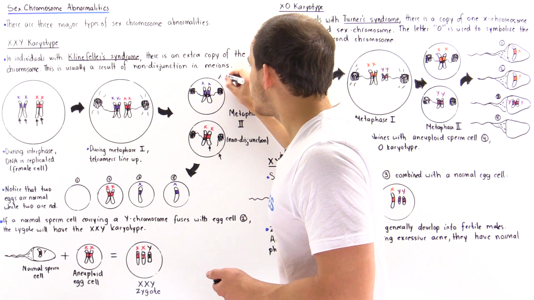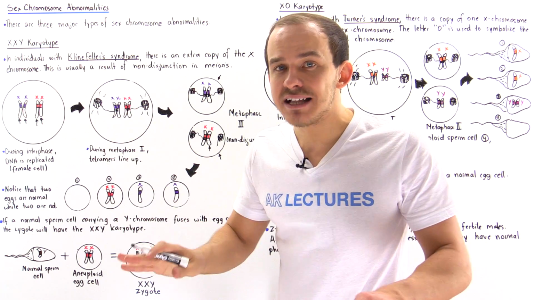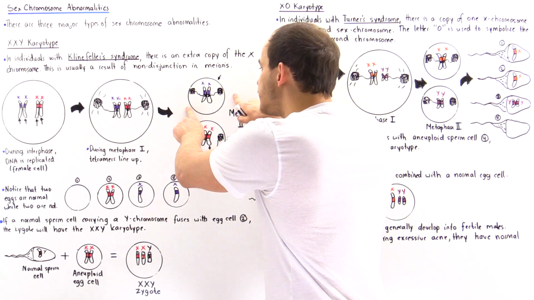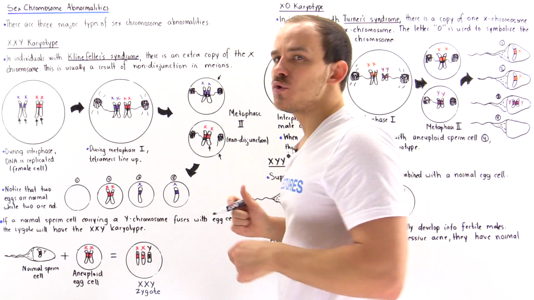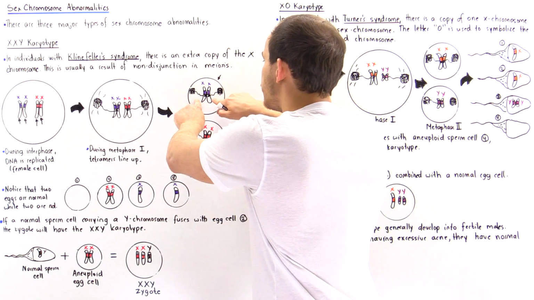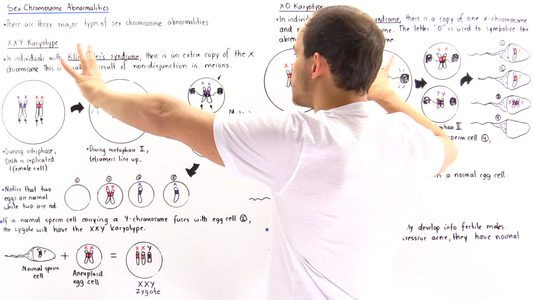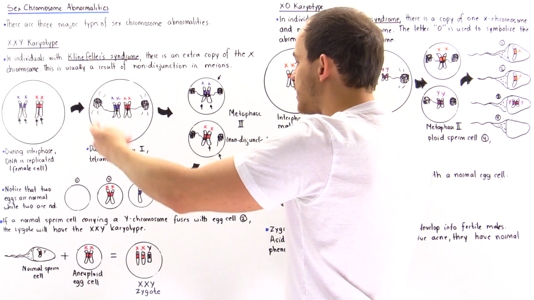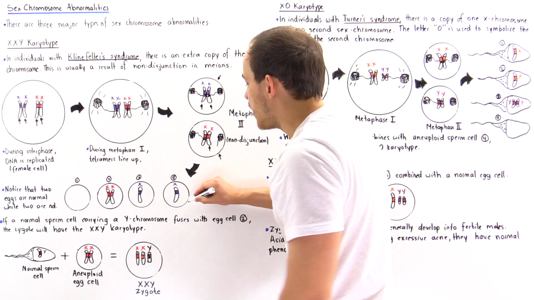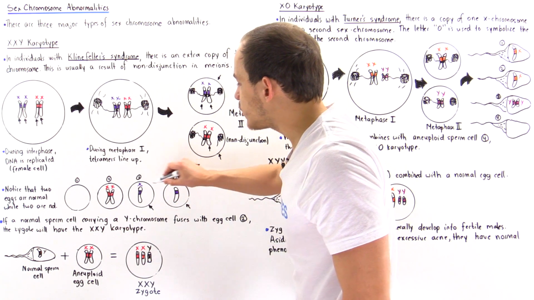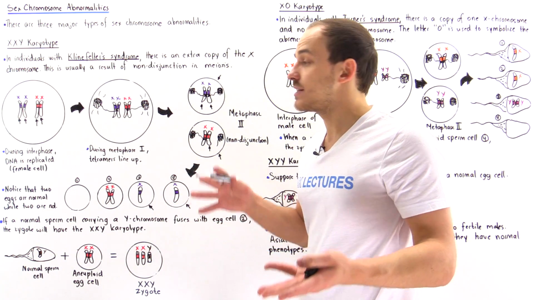Now let's suppose that non-disjunction does not take place within this particular cell. So this cell correctly undergoes meiosis 2, and when these two identical sister chromatids segregate to opposite poles and the two cells form, these will be the identical cells that will contain the identical correct